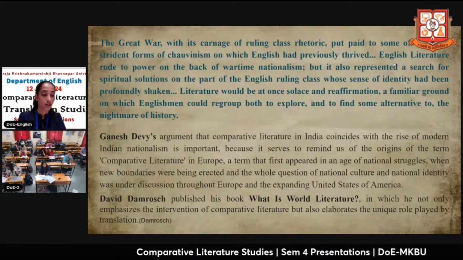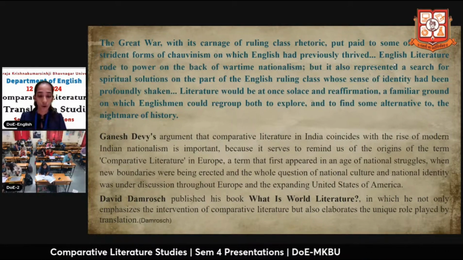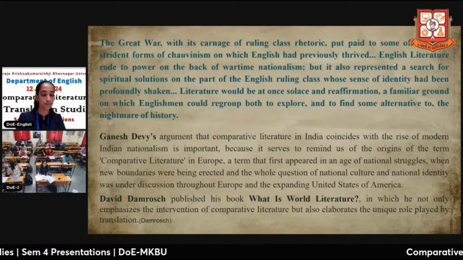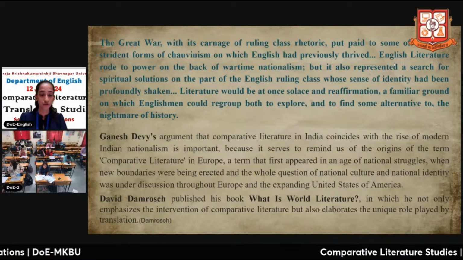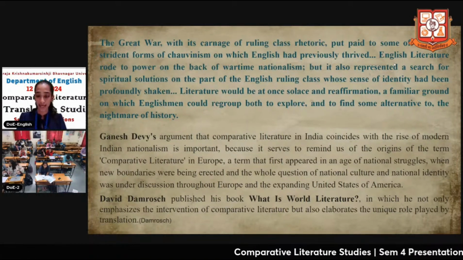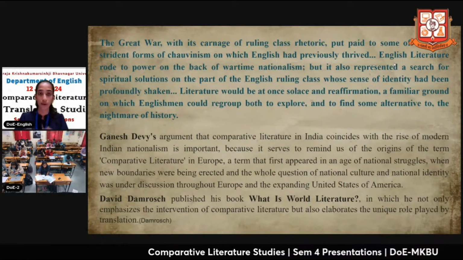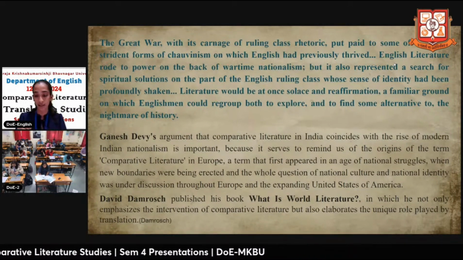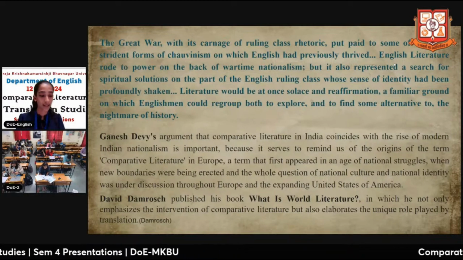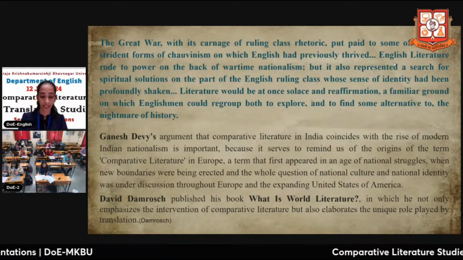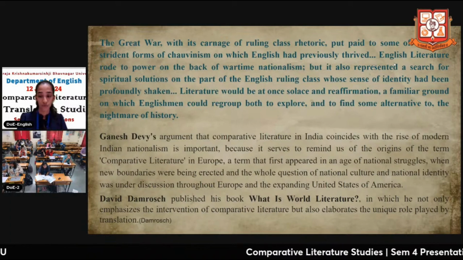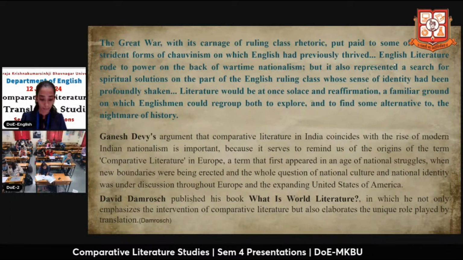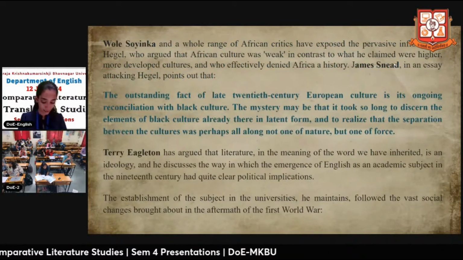English literature rode to power on the back of wartime nationalism, but it also represented a search for spiritual solutions on the part of the English ruling class, whose sense of identity had been profoundly shaken. Literature would be at once solace and reformation, a familiar ground on which Englishmen could regroup both to explore and to find some alternative to the nightmare of history. So, with this point made by Terry Eagleton,